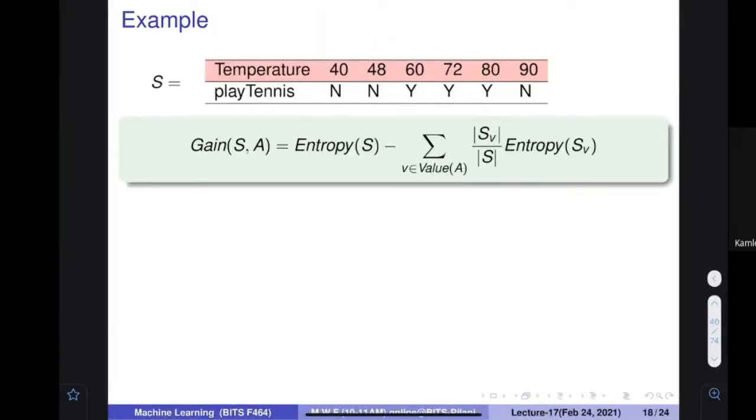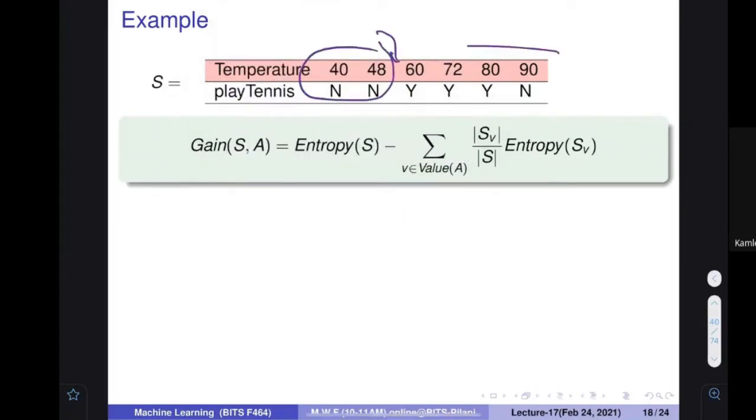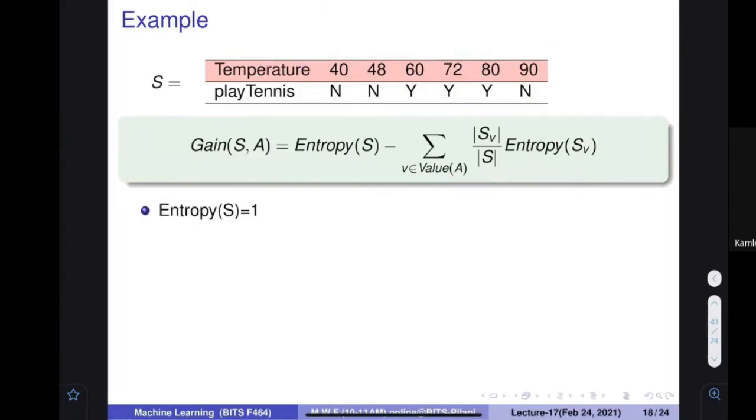If you apply the threshold here, this is one part of the database, and this is the second part, and then the attribute becomes categorical, because it is low and high. Then you can again find out the gain on this particular attribute using this methodology. If you divide the data into two parts, you can find the gain with respect to that particular split. Once again, what is the entropy of this data? You know the numbers of negative and positive are the same, so entropy is going to be 1. Is it 1?